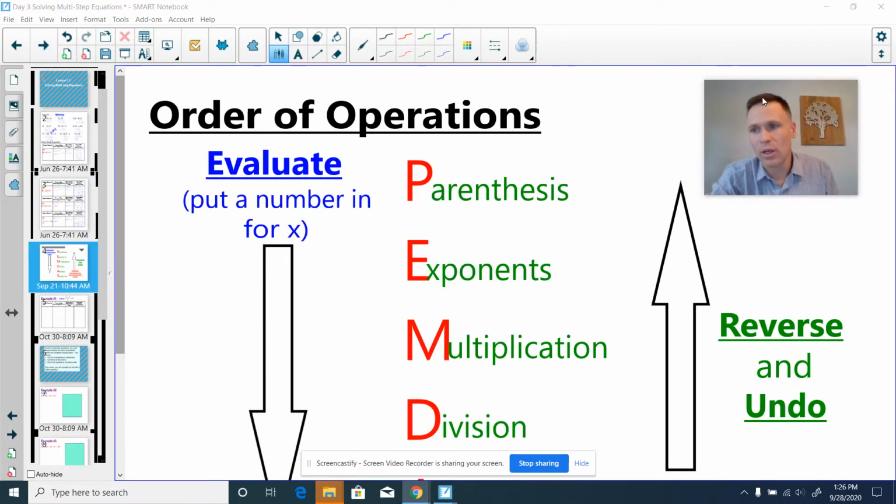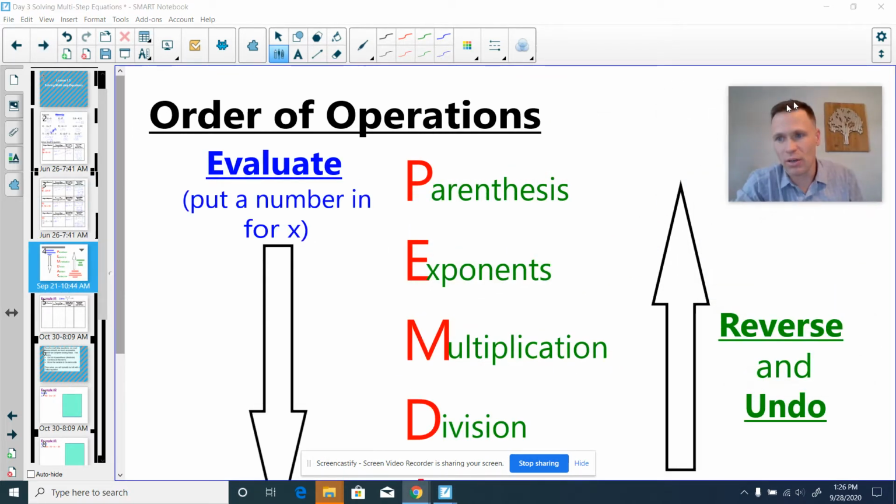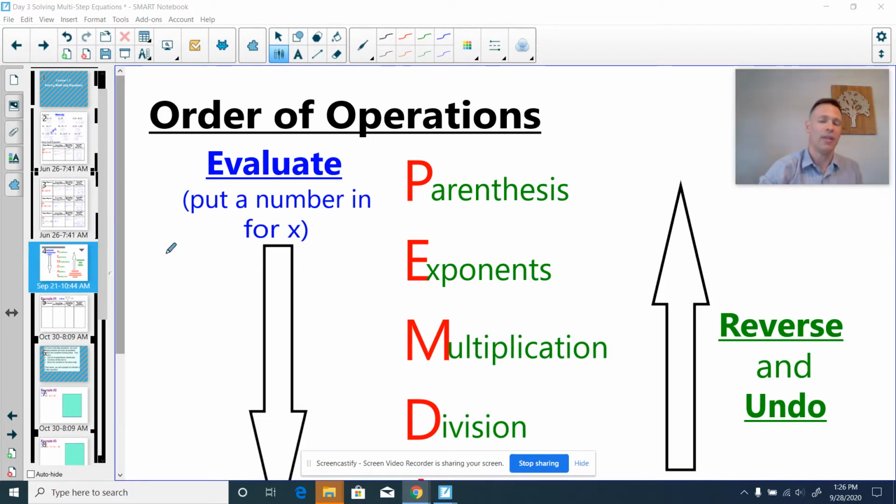All right, so all of those were examples of two-step equations that you were just going through, and that was what we talked about last class. Or two classes ago, actually. If you're watching this video now, we've already had the class for multi-step equations, and so this is a video supplement for that. So remember, when we're solving equations, what we very first learned is that when we're evaluating